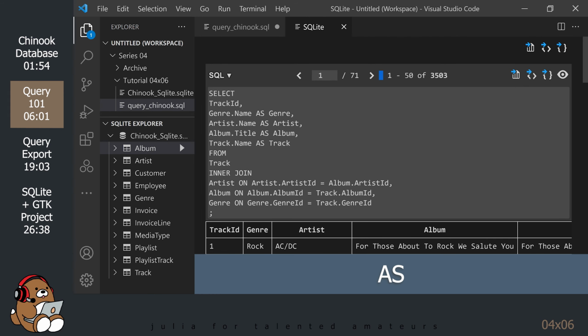By using the as keyword, you can assign a temporary name to the column. This will not alter your database. The alias will only be used for your query. As you can see in this example, we have successfully joined the track table, the genre table, the artist table, and the album table into a single table. So now we have a list containing all of our songs with all of the relevant information in one place. Pretty nice, huh?